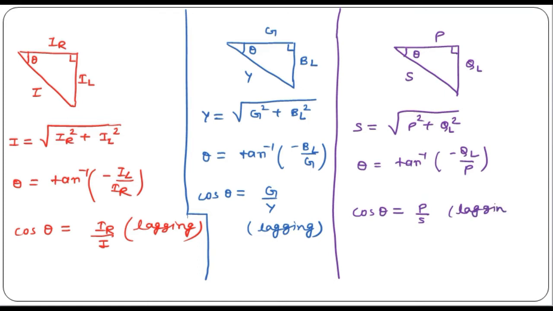Okay, so if the circuit is inductive in nature, then the power factor will be lagging, and if the circuit consists of a capacitor, then the power factor will be leading in nature. And if a pure resistance is there, then the power factor will be unity. Because voltage and current will be in phase, the value of phi will be 0, so cos 0 is 1, it means the power factor is unity in the case of a pure resistive circuit.